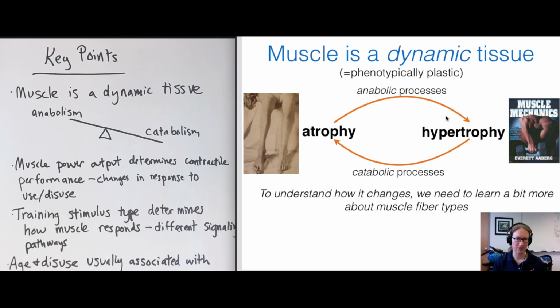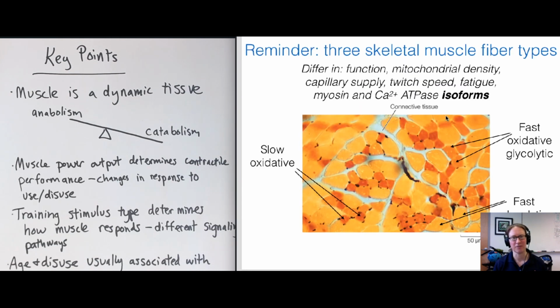And so to understand how muscle changes, we have to learn a little bit more first about our different muscle fiber types, which I introduced in a previous lecture. As a quick reminder, there are three major skeletal muscle fiber types, and they differ in terms of their function, density of mitochondria, the capillary supply, their twitch speed, fatigue, and also their myosin and calcium ATPase isoforms as